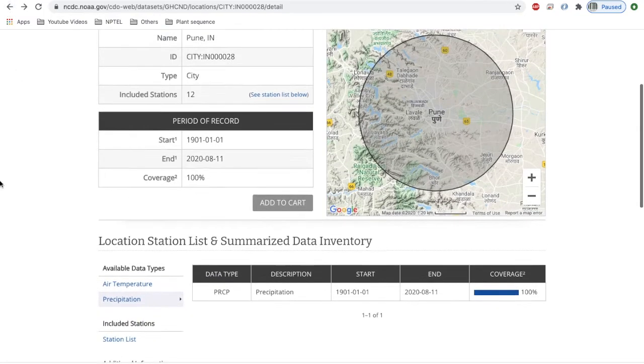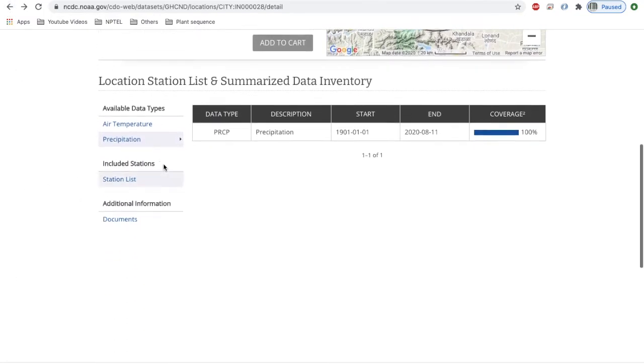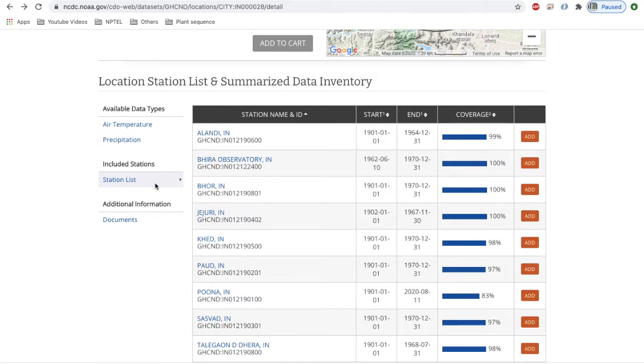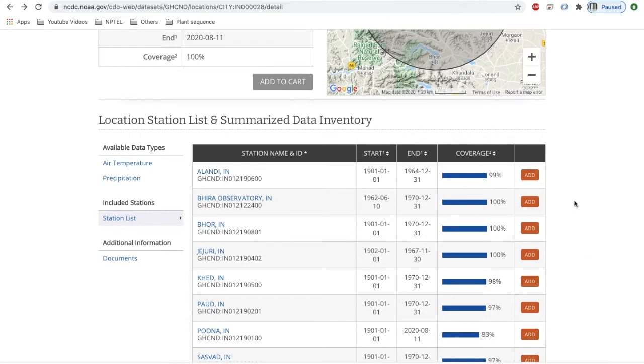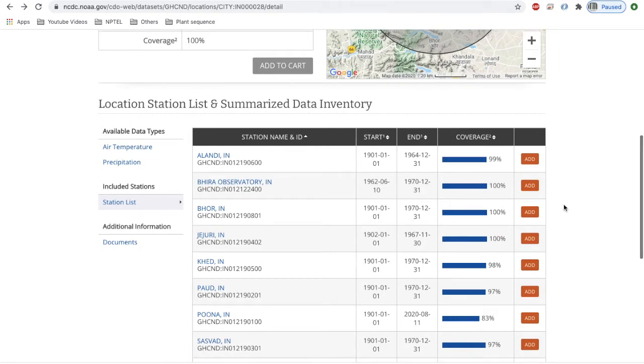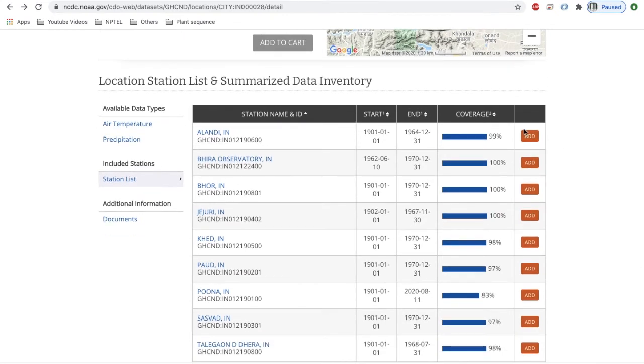Going back, select station list and add all the desirable stations which you want. I'll add all the stations by clicking add button, like this.